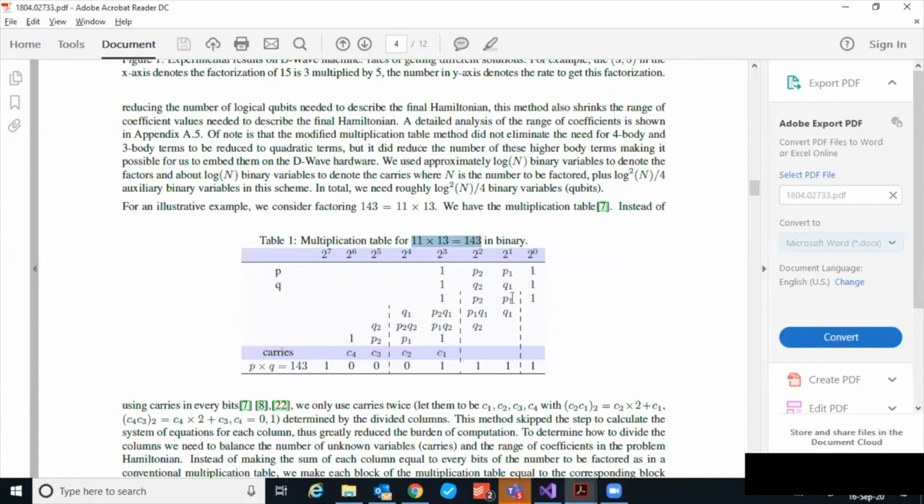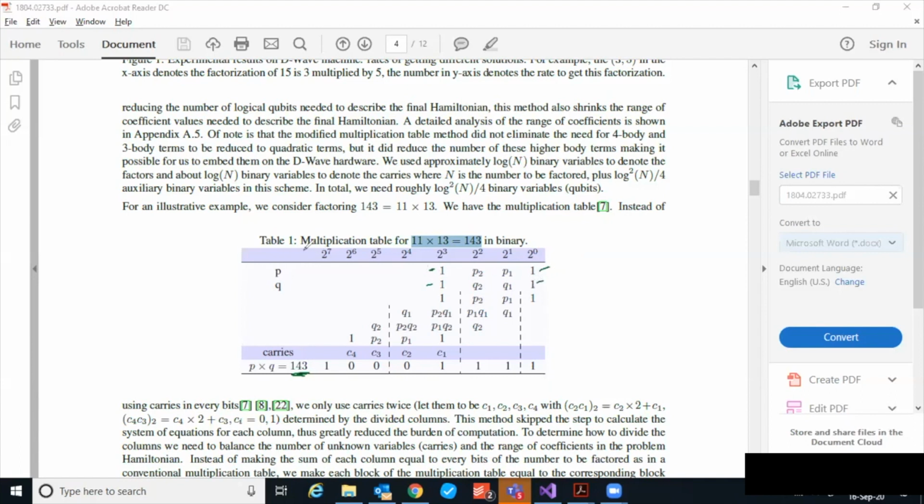So we know 143 in binary is 10001111. And we also know that P and Q are four-digit binary numbers. Since they are odd, their last digit will be one, and since they are four-digit numbers, the first digit will also be one, right? So the generic form of P will be 1 P2 P1 1, and Q will be 1 Q2 Q1 1. So like we do our normal multiplication.